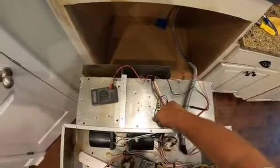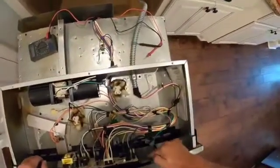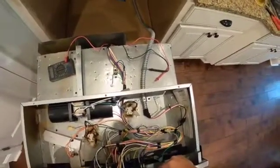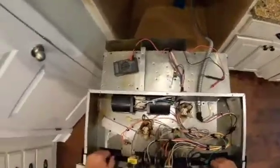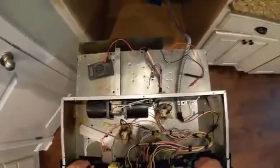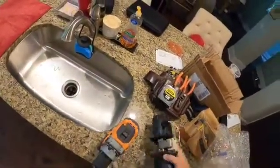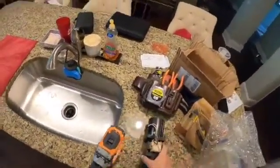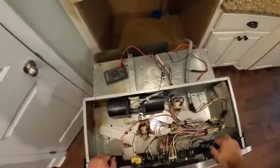And I see another here that's got a ground wire. I see another ground wire attachment point here. I see a ground wire attachment point here. I don't see another ground wire attachment point, and our old motor did not seem to have a ground wire attachment point. So I'm gonna connect with a local electrician I know and just make sure that's not a problem